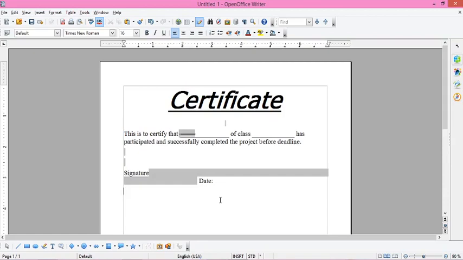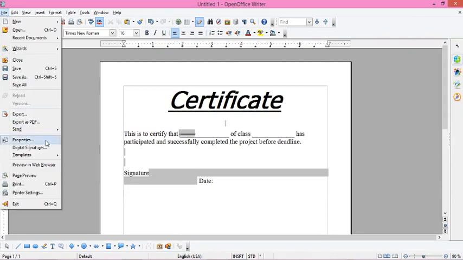So the first method of creating a template is, first you need to click on File, and under the File option we will get this option Templates. In this we will get the option Save. Saving a document and saving a template is a different thing. For saving a document, you are saving a Writer file, and the extension for that will be .odt. Whereas if you are saving a template, it is going to be saved as a kind of format that you can reuse again and again to create your own specific document, and the extension for it will be .ott. Let's save a template from here.